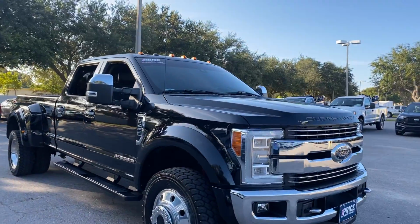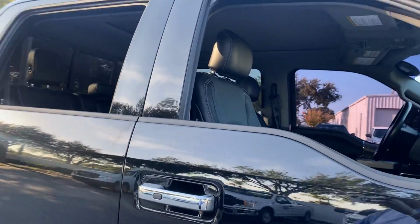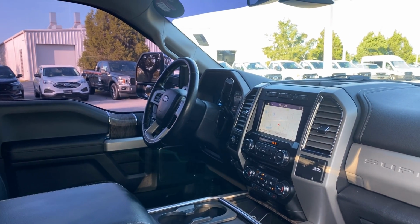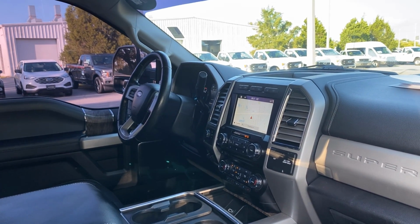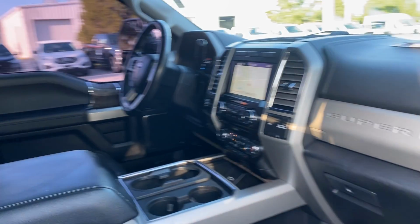This is a 2017 Ford F-450 Lariat Super Crew dually, black over black leather interior, power driver's seat, power windows, locks and mirrors, leather wrapped steering wheel, HomeLink for your garage door, upfitter switches, navigation, electronic climate control, heated and cooled seats, power moonroof. Let's look at the rear seat,